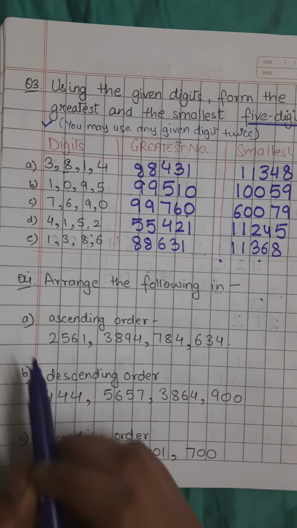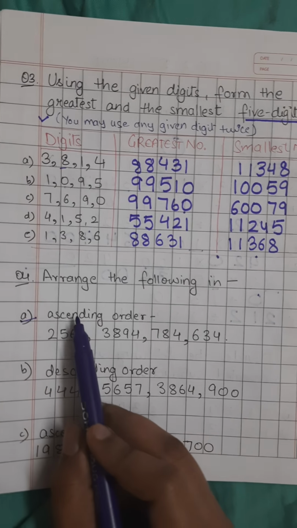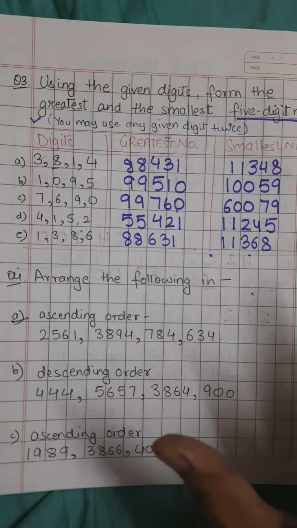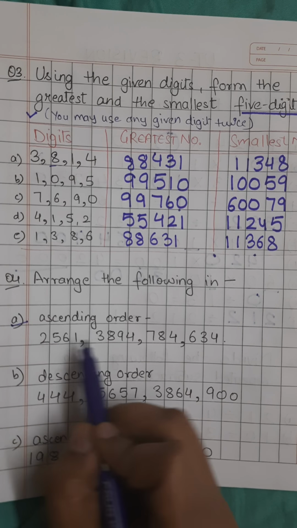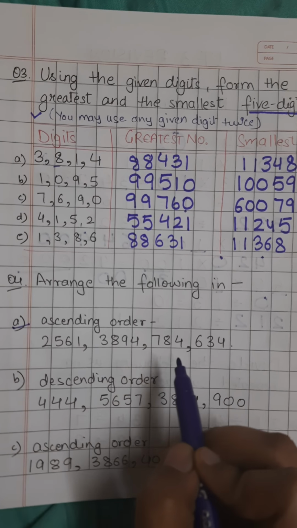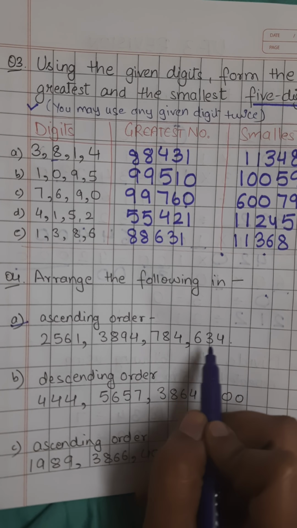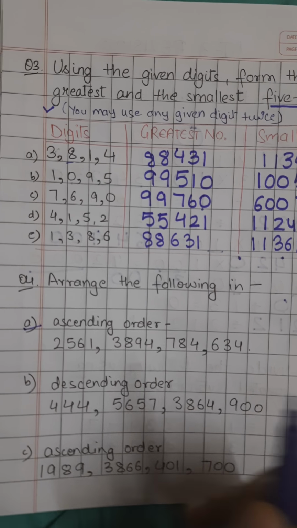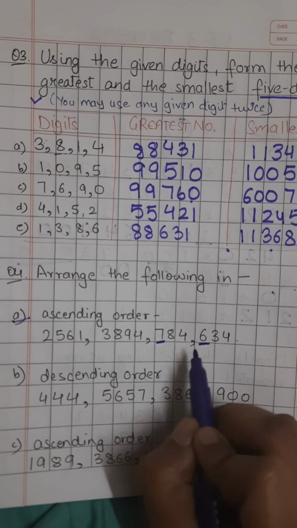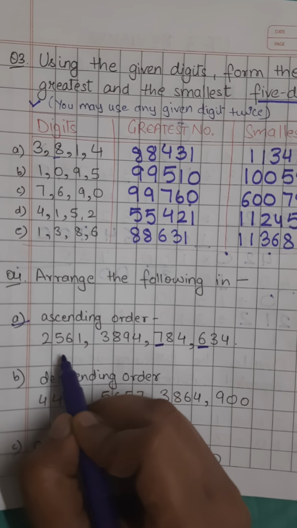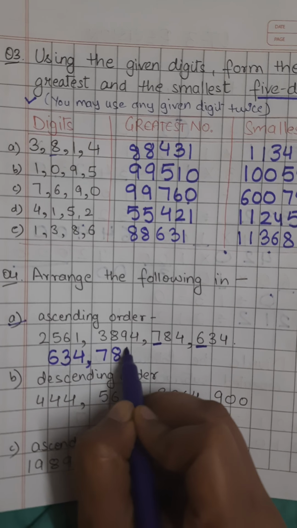It is arrange the following in. Now for each part you need to please read the question properly. It is ascending order. Now ascending is smaller to the biggest, right? Now here we will first see the digits, the numbers. Now here 4 digit, all right. This is 4 digit, all right. So we have 3 digit numbers also. So definitely I'm going to write out of these first, right? Now the method, we have to look at the first digit of the number of these numbers. Now 7 and 6, which is smaller? Right, 6. So I'm going to write 634 first and then 784.